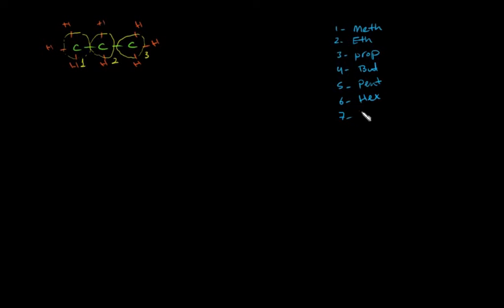7 carbons will be hept. 8 carbons will be oct, oct like octagon. 9 carbons will be non, and 10 will be dec. So these are the first 10 prefixes. It can be more than 10, and we don't actually need that, but if you want to know,